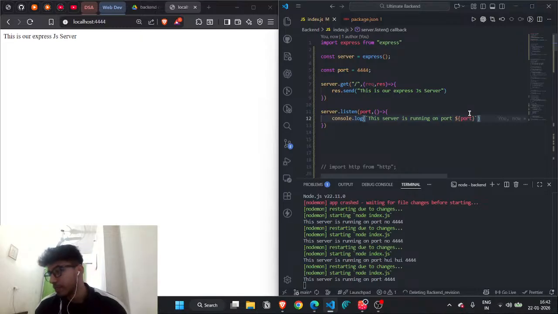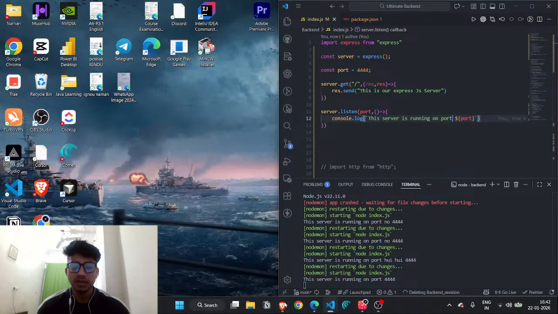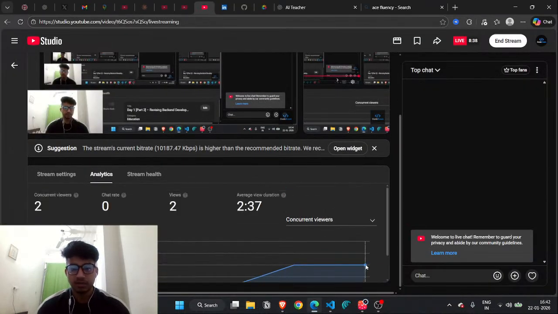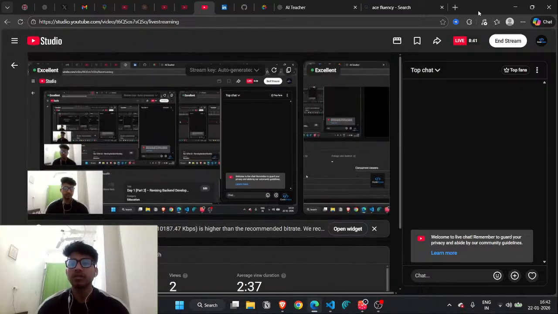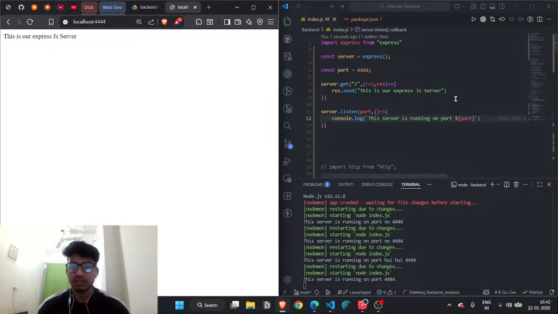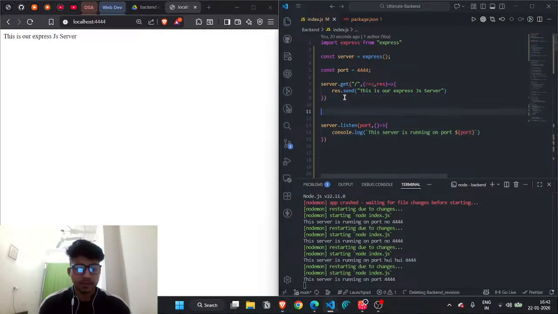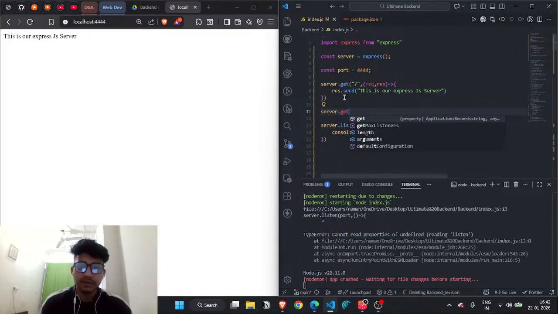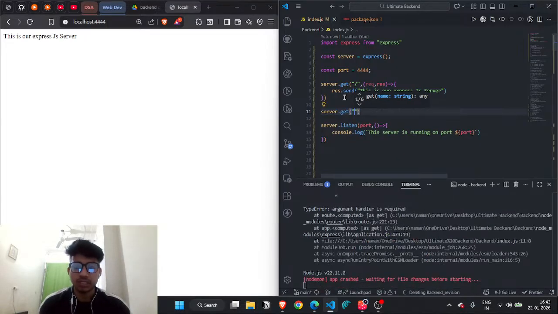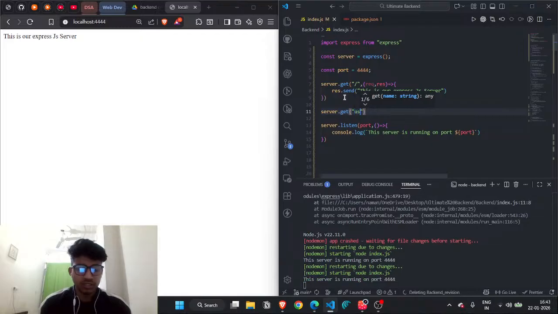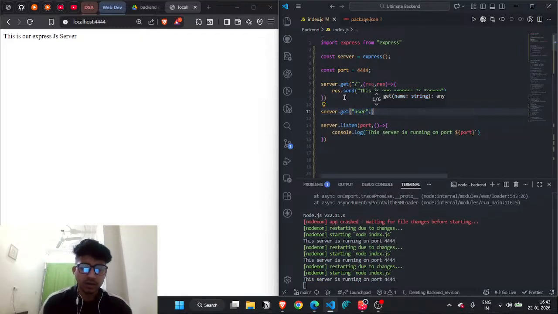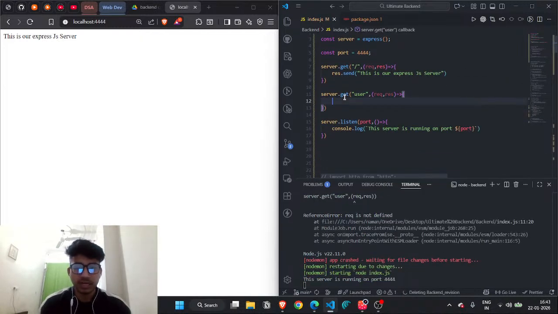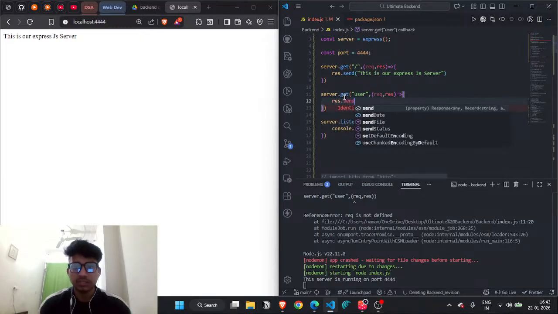Next is routing. How do we perform routing in Express.js? Let's look at how routing works in Express.js. First, we have created the server again, server dot get. So here we put the route, the route for users, and the callback is request comma response, which is an arrow function, and you simply write response dot send,